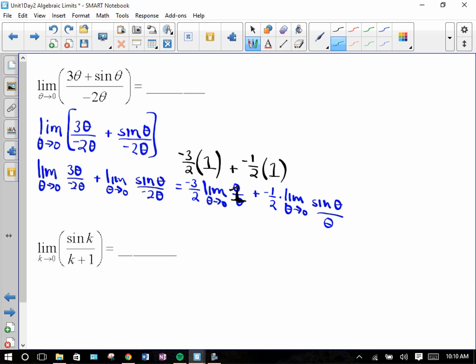Alright, so I have negative 3/2 plus negative 1/2, or minus 1/2. So negative 3/2 minus 1/2 is equal to negative 4/2, which is equal to